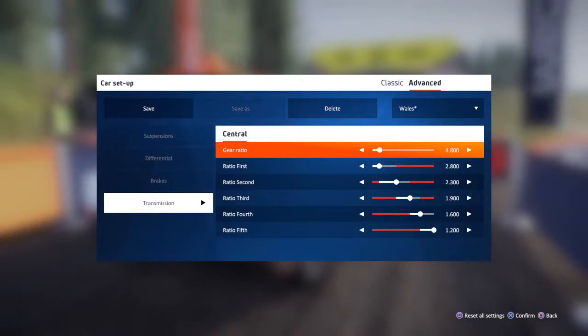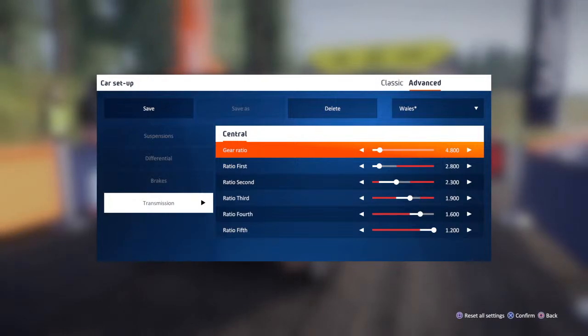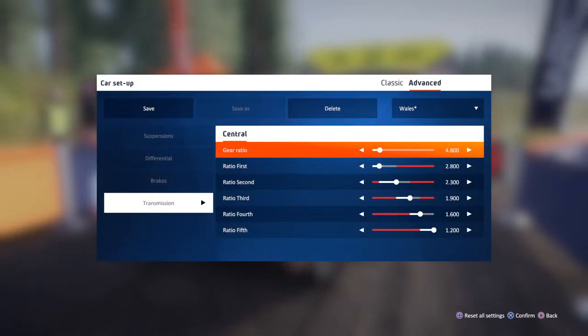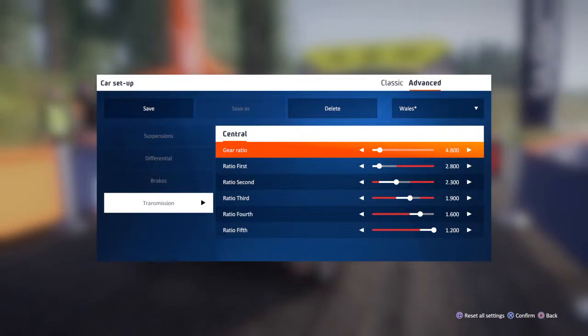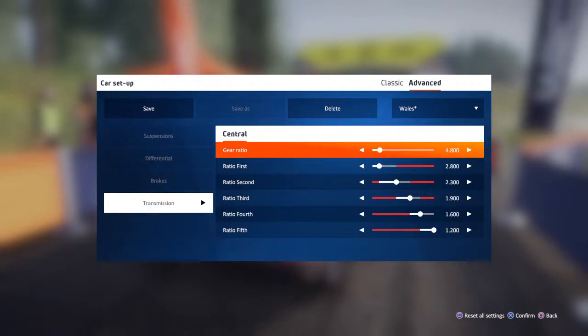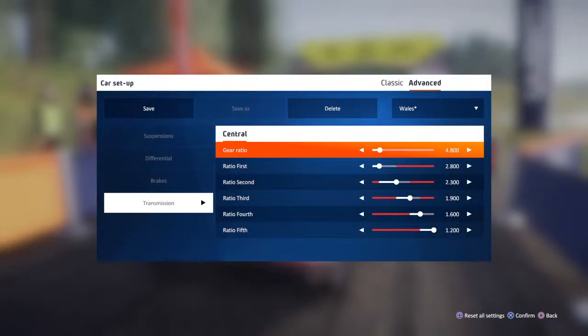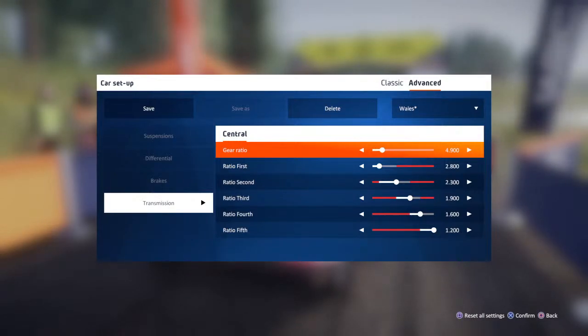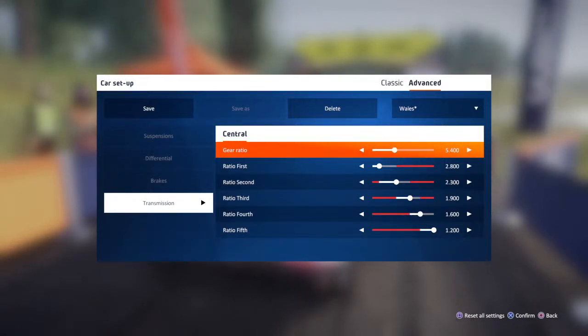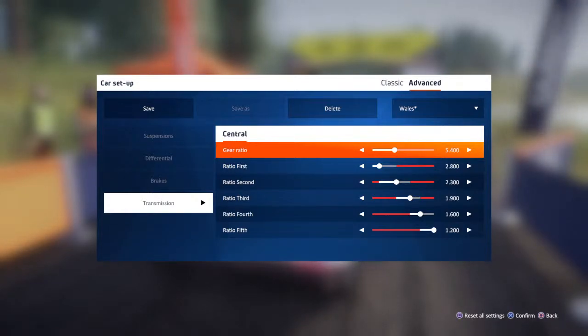Sometimes I run a little shorter gear ratio, and I'll just hit top speed, and I'll just constantly be at top speed. But if you have a track or a stage that has a million tight twists and turns, hairpins, 1s and 2s, I'm going to want to have a low gear ratio. But if I have a stage with a bunch of tight twisting turns, hairpins, 1s and 2s,